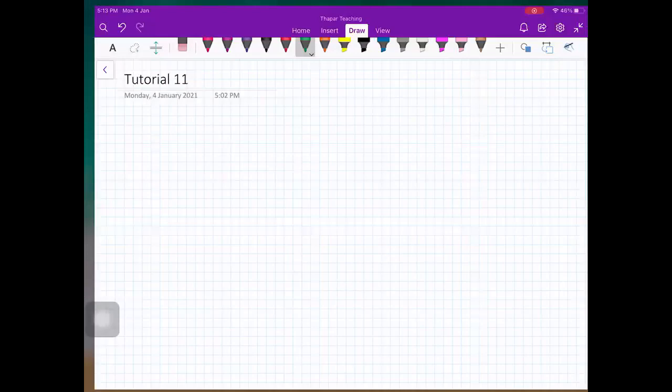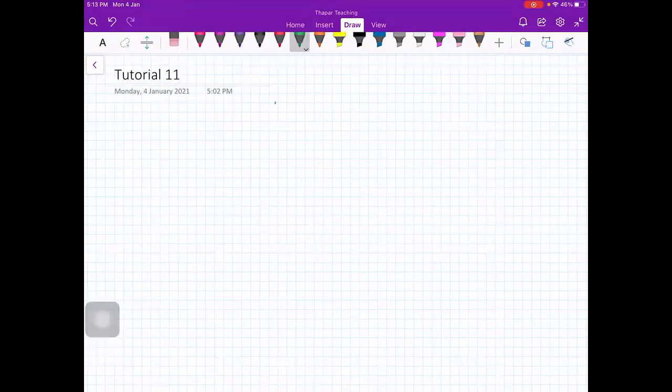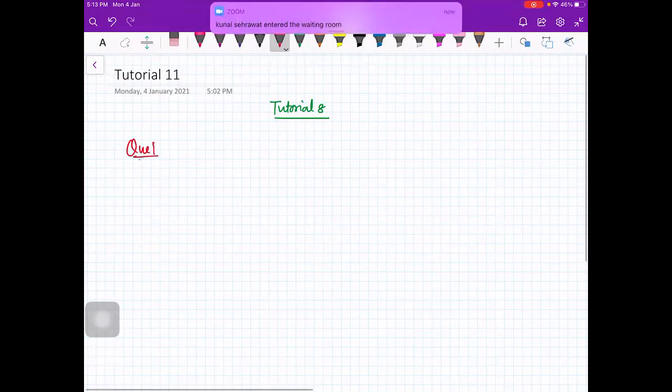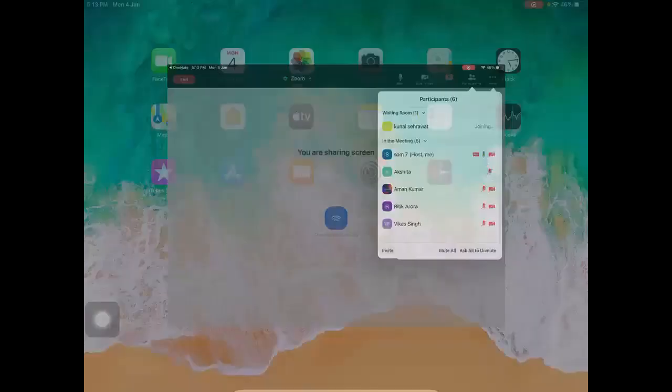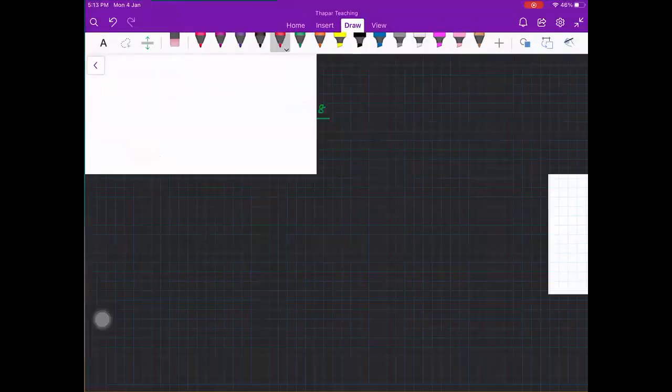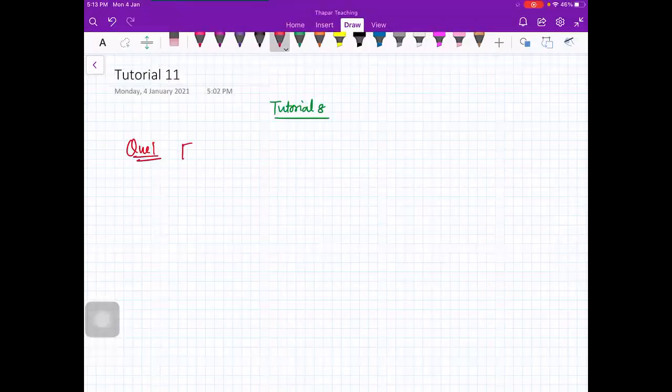So you see, we are starting with tutorial sheet 8, which is about multiple integrals. So you look at question 1. I will do some parts for each question, and then you can just complete the rest of the parts, right? So question 1 is: evaluate the following double integrals.